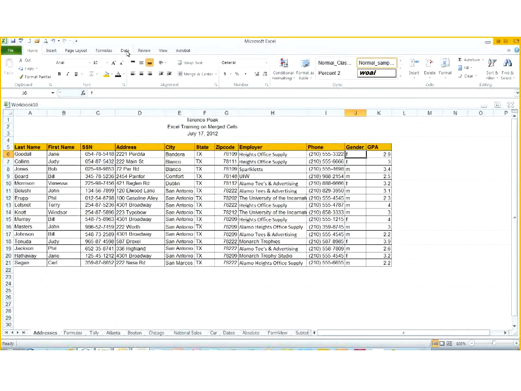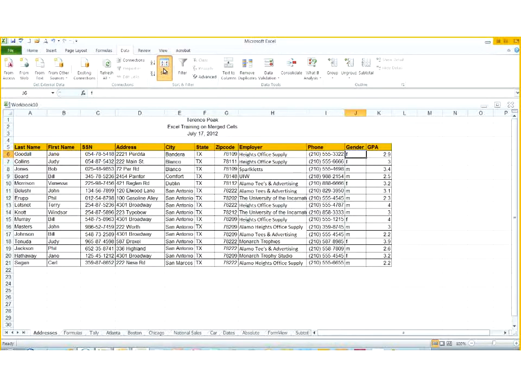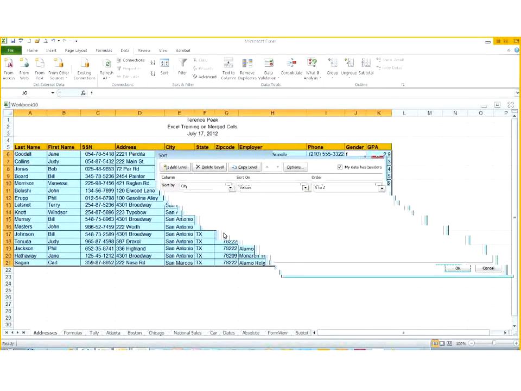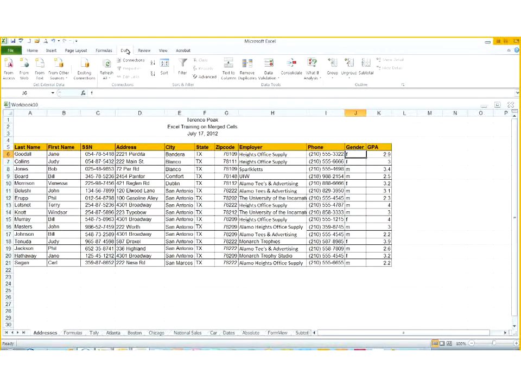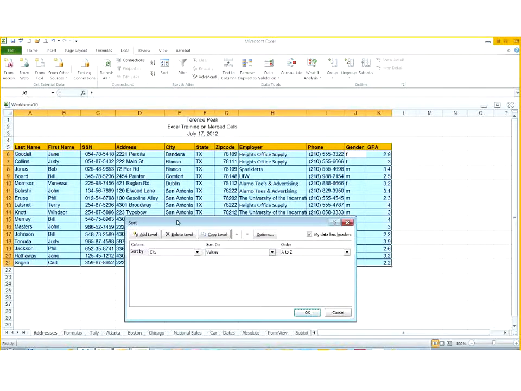To sort by multiple options, I actually have to go to my Data tab and click Sort. What this does is now I add levels. I'm going to walk through that again, because I went through that pretty fast. I'm going to go to the Data tab and click the Sort button instead of the short sort A to Z, Z to A. Then, for example, I've already sorted by city. Now I'm going to sort by zip code. And then I'm going to add another level, and I'm going to sort